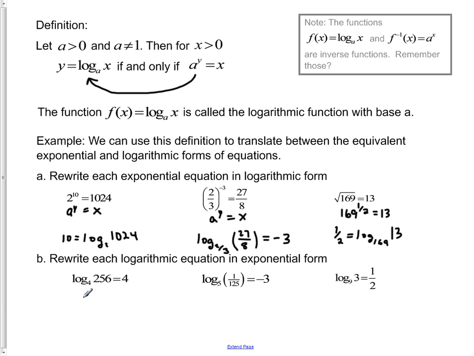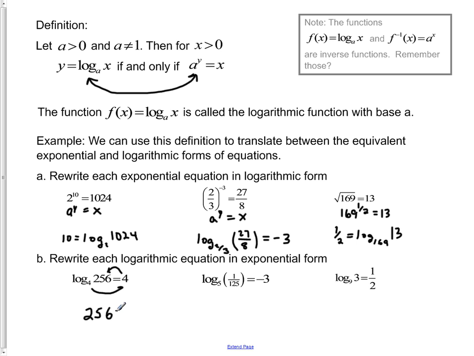All right, how about these ones down here? Let's say we wanted to rewrite each logarithmic equation in an exponential form. How would that work? Well, same deal. Remember, we said that y equals logarithm base a of x if and only if a to the y equals x. This is a relationship that works both ways. When we see the words if and only if, logically that means one always implies the other. So this base 4 would be raised to the exponent 4. And the result of that is going to give me 256. So in other words, the exponential equivalent expression is to say